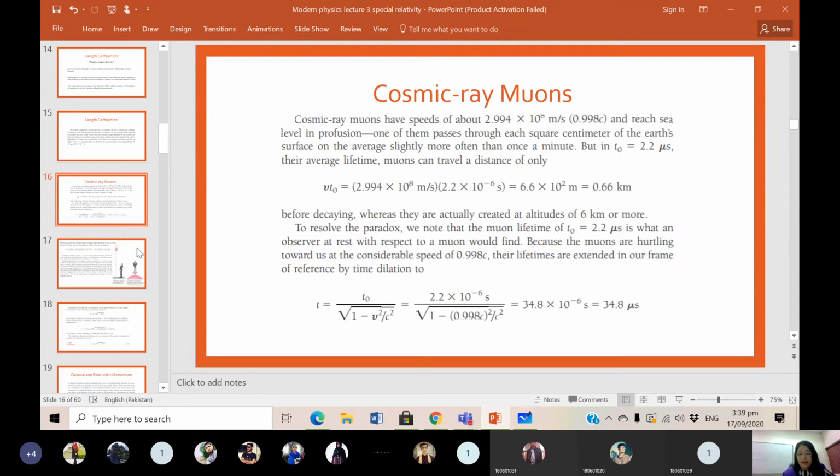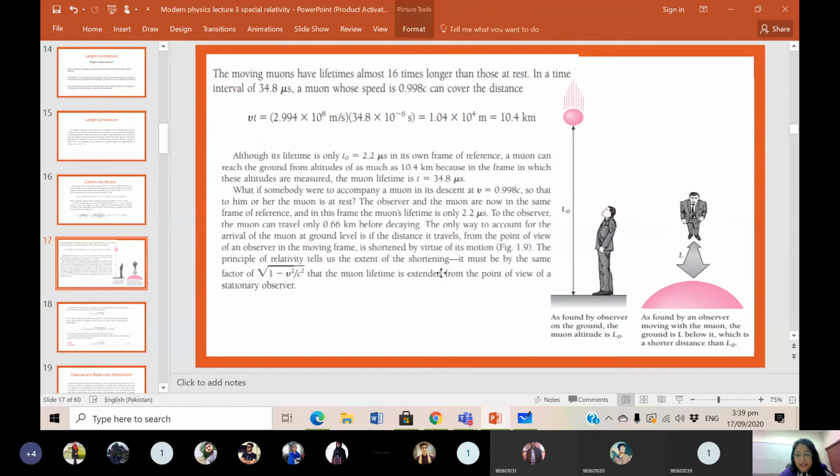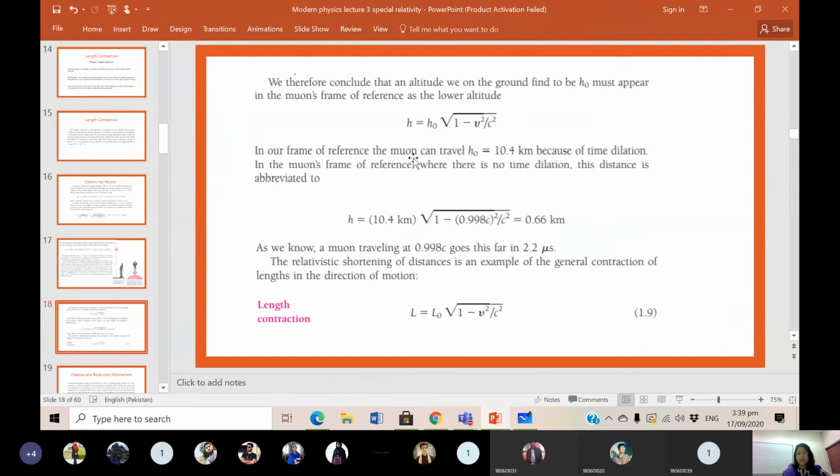So there has to be some other effect that the muon sees in its reference frame, because of which it's able to reach Earth before decaying. So what will that effect be? That effect is called length contraction. And why do we see that? Now if you go to this slide over here, we're talking about distances here. So h is the